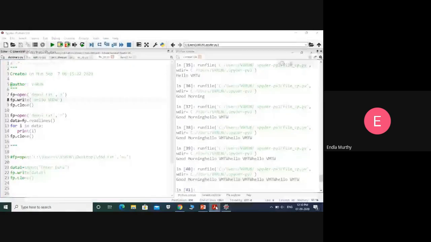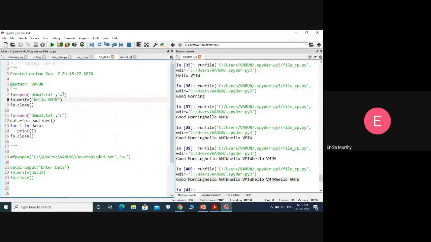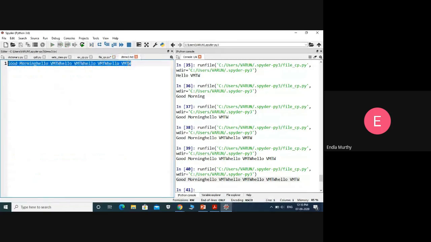So now, after that, what we have are r plus, w plus, and a plus. Of course, in some cases, if you want to read and write, you want to do the two operations multiple times, in those cases we can use the r plus mode, w plus mode and a plus mode. So for example, if I use r plus, I'm reading and writing, right? But if I use r plus, does it append the data or does it truncate the data?